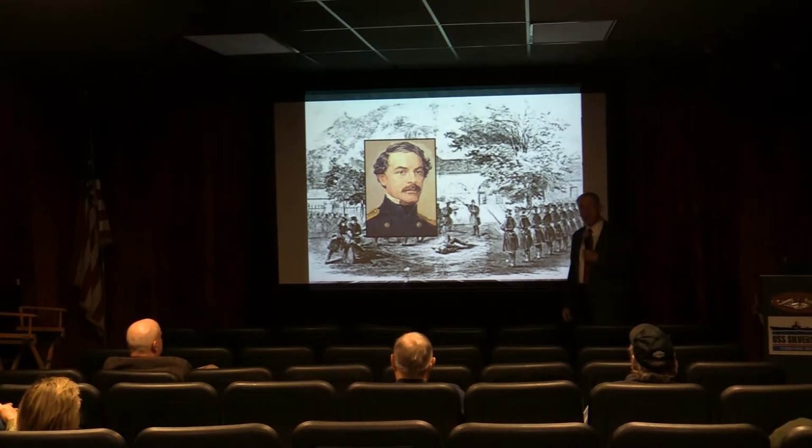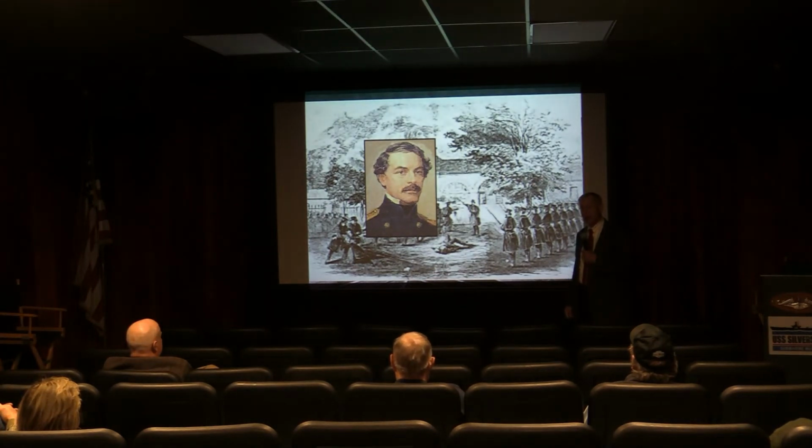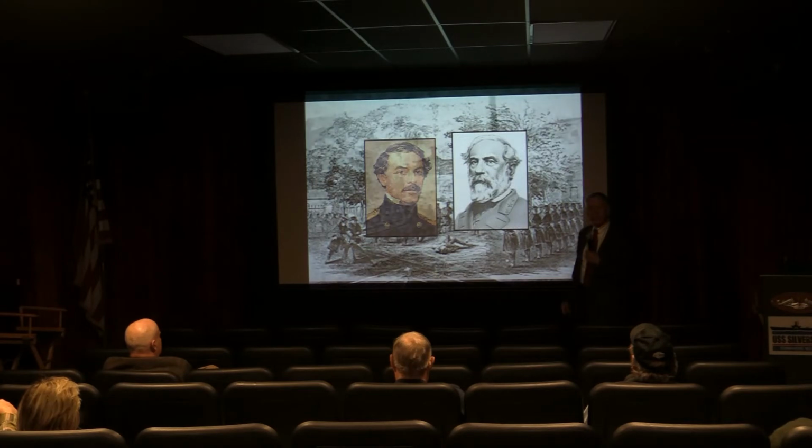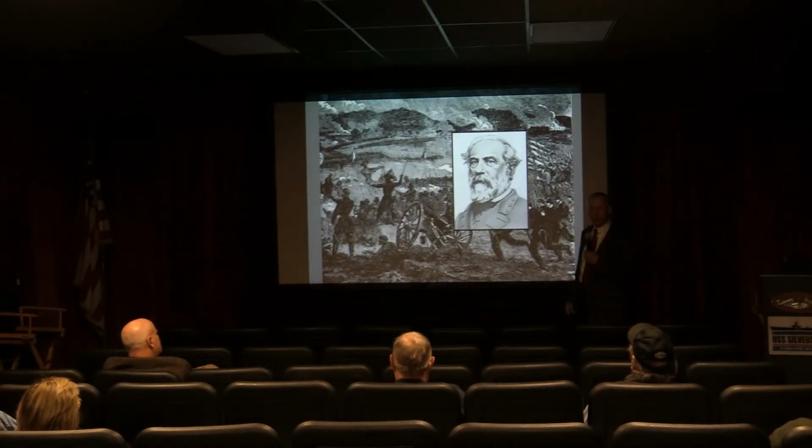Anybody recognize him? You will. A few years later, after he is offered command of the Northern Army by President Lincoln, he turns it down because his state of Virginia goes to the south. He will look quite a bit different, but the name is the same. Robert E. Lee. Lieutenant Colonel Lee leads the capturing of John Brown.